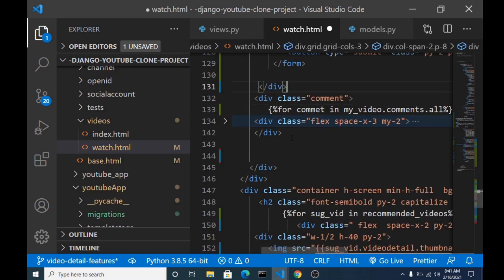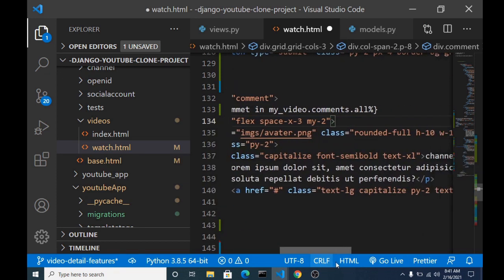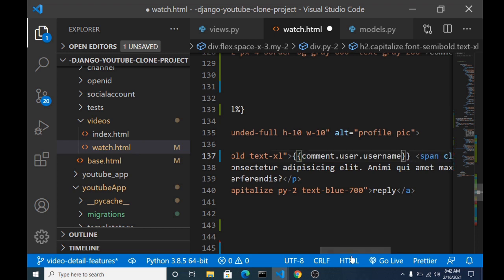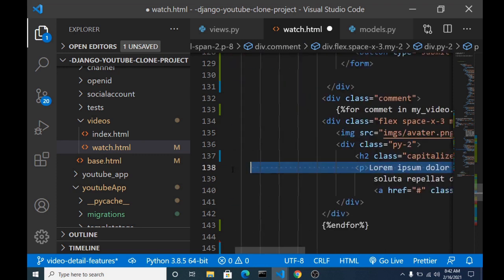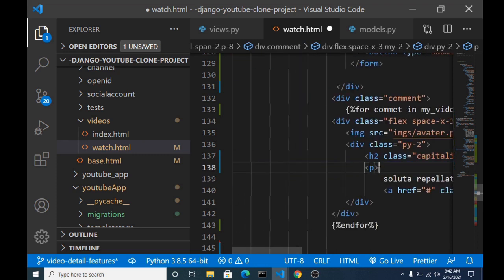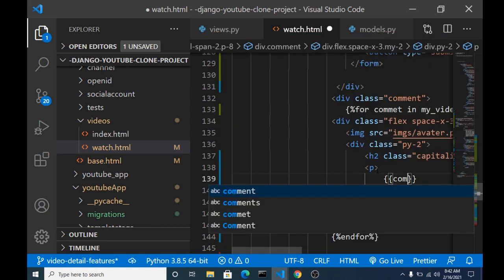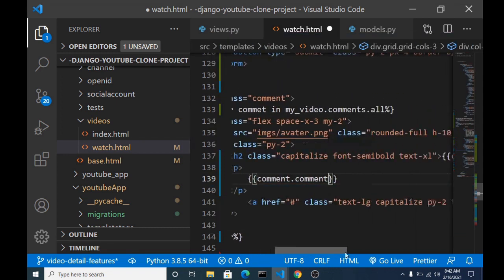Alright, so once we get that, we don't forget to end for also. And then first we have the channel that is commenting, or the username. So I believe we can just use the username here of the user that is actually commenting, by saying the person that is commenting. And then in here where we have the actual comment, we can just take this out. Here we can have comment, take the comment,